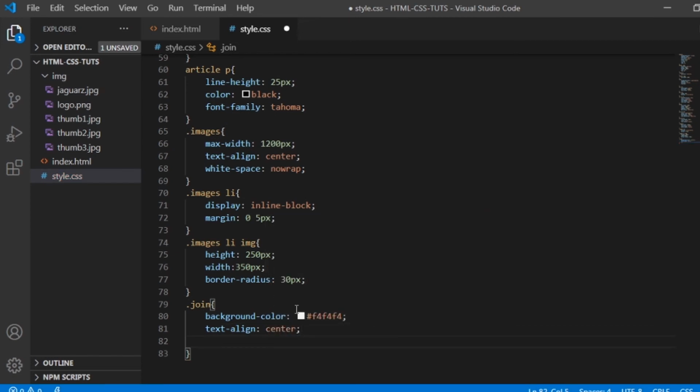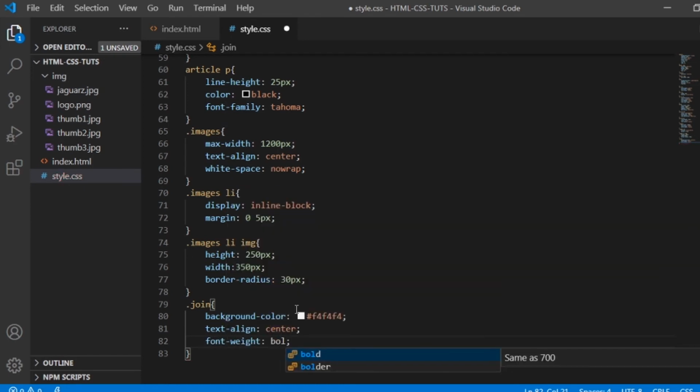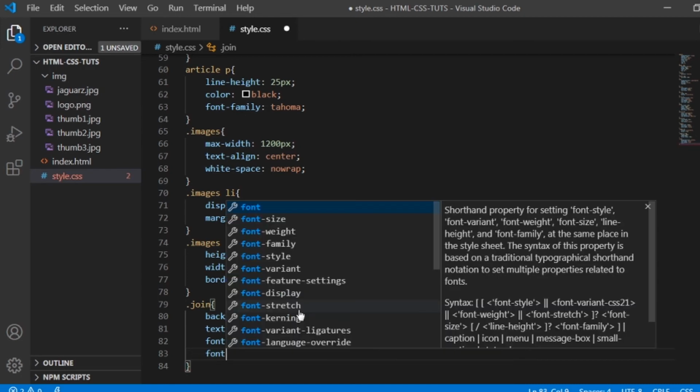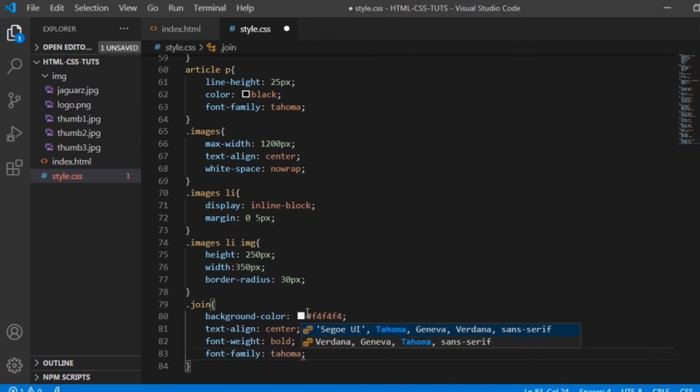And then the font weight is bold. Font weight bold. And then the font family is Tahoma.